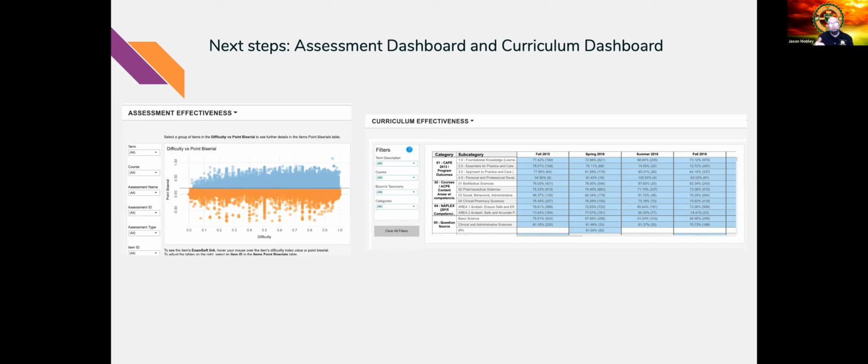The second thing that we're going to do is have a separate training with our curriculum effectiveness team, and that's our curriculum committee. And then from there, they're going to start checking on how curriculum is improving from semester to semester. One other thing I failed to mention earlier is professors kept asking me, why are we going back to fall 2015?